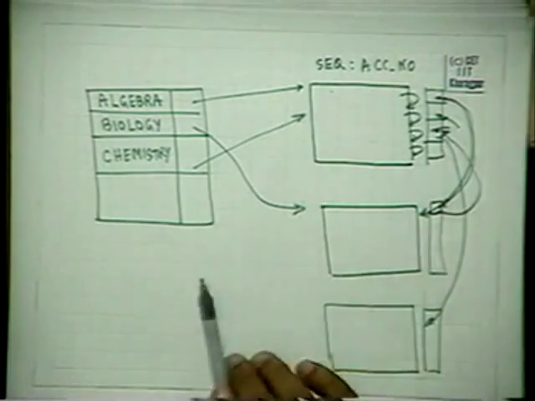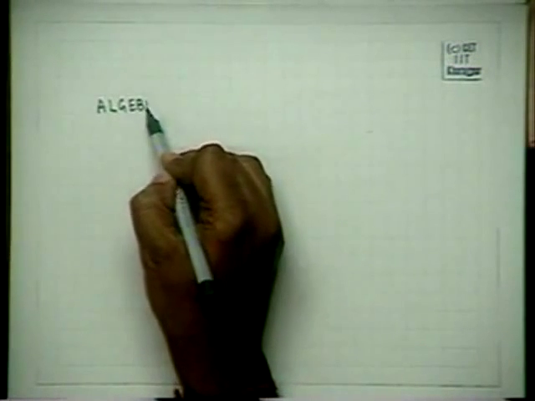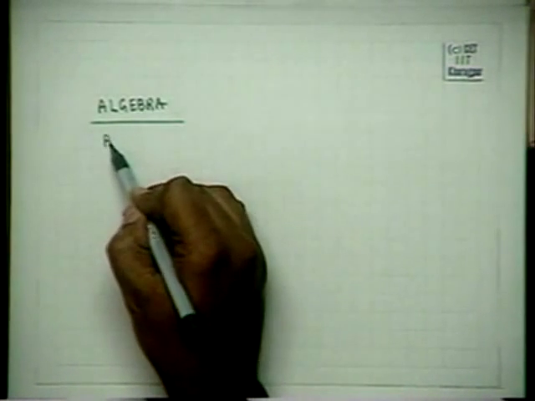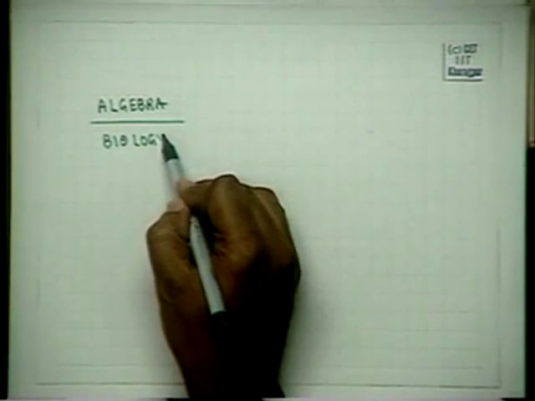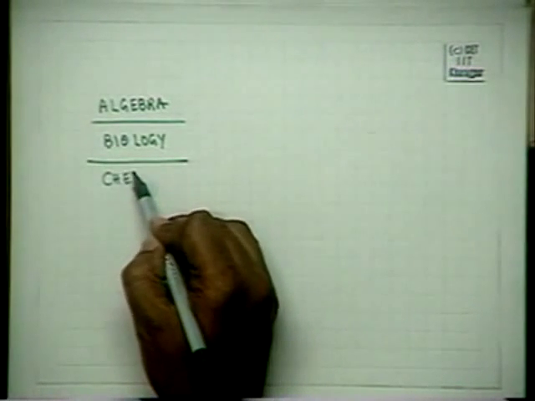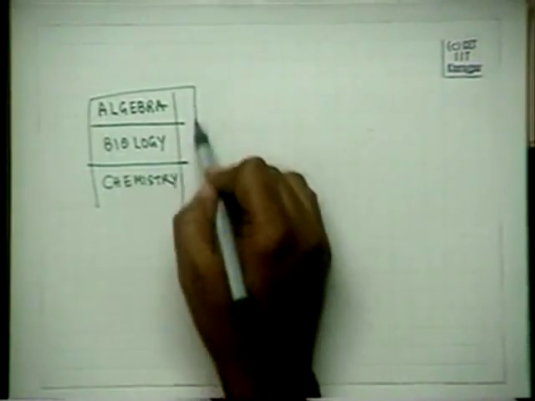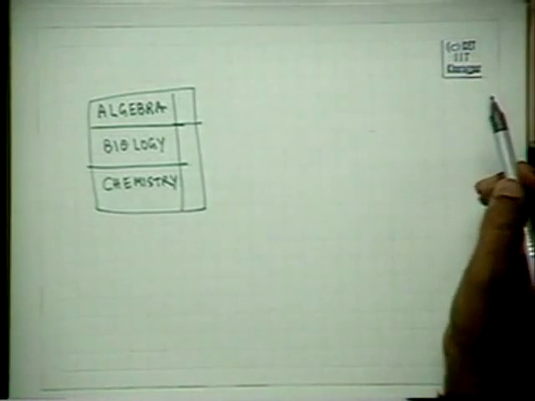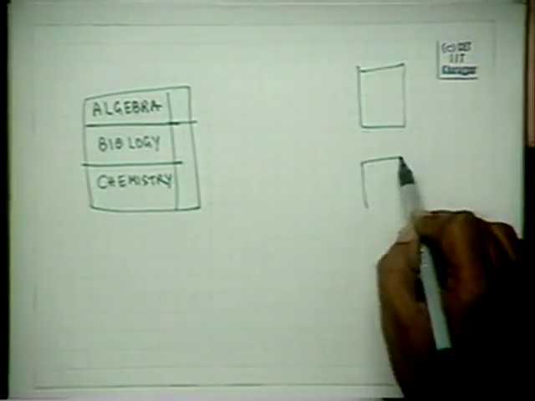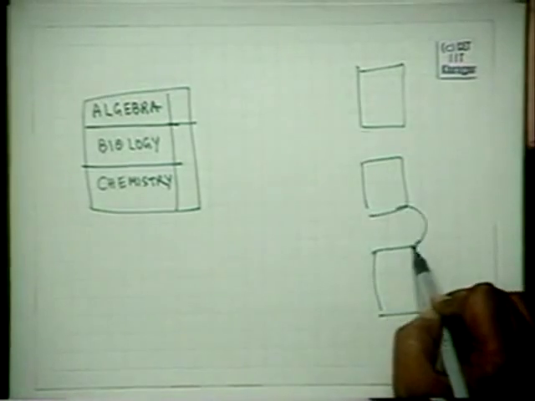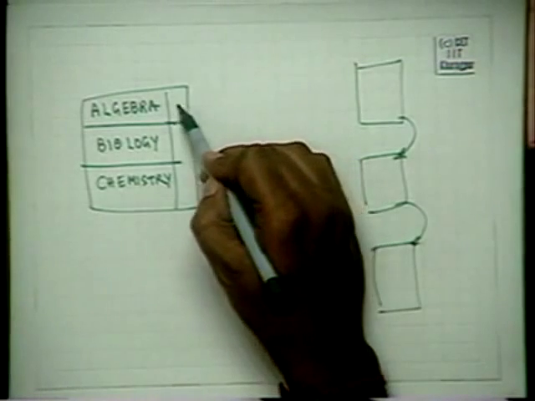In order to prevent this to a large extent, we organize it in the form of what are called buckets. So we will have algebra, biology, chemistry, and these will not directly point to the data records. These are my data records organized in a sequential fashion. I will not have the secondary key next pointers. This will point to a block